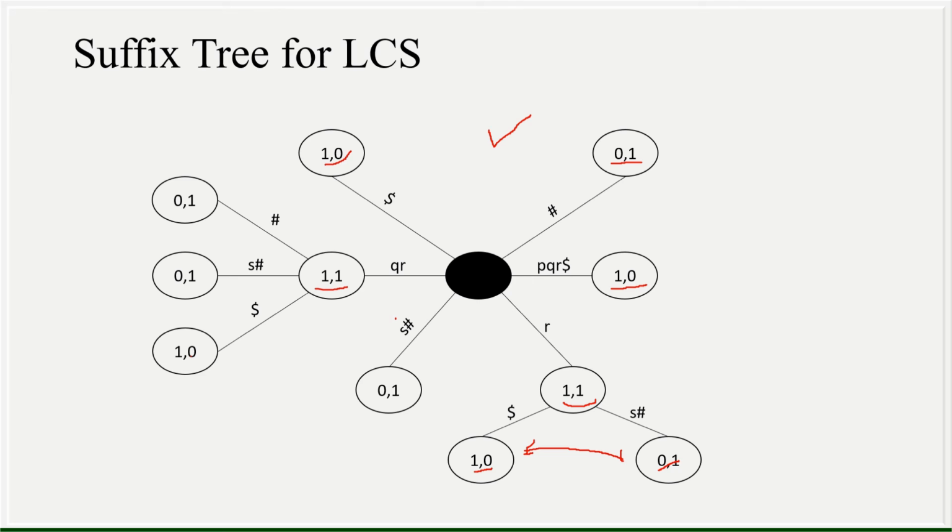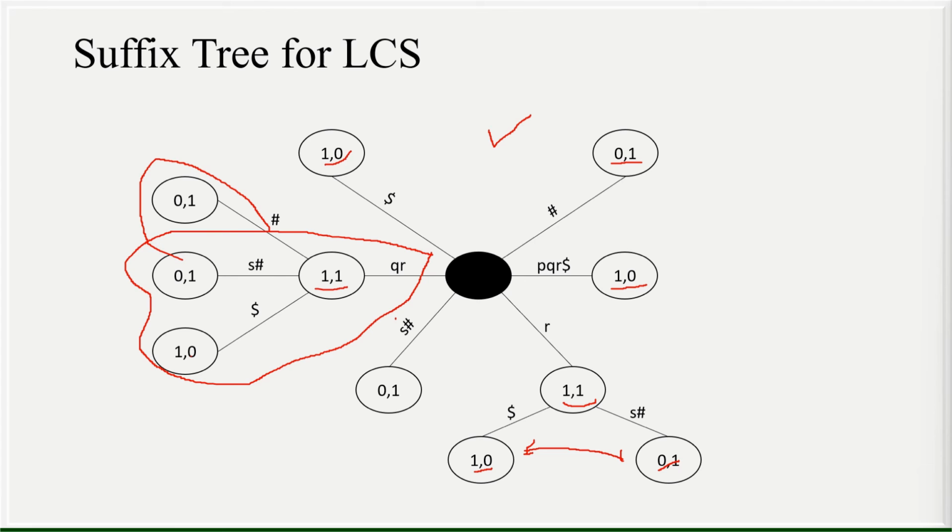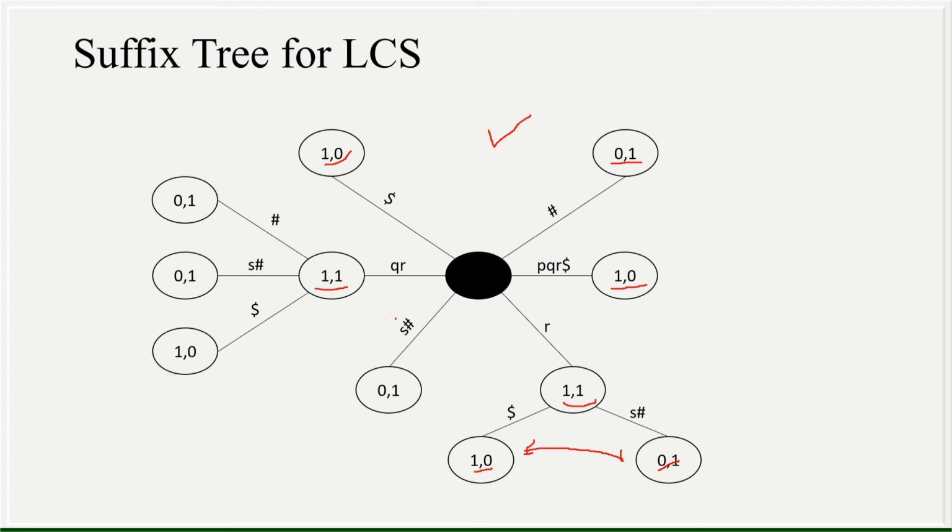So if we now apply a depth first traversal search, what we can see is that the longest path being followed is between these two strings, I think. Oh, I'm sorry, this has to be considered as well. Let me just erase that quickly. So the longest path from root to the child node is this and this one.